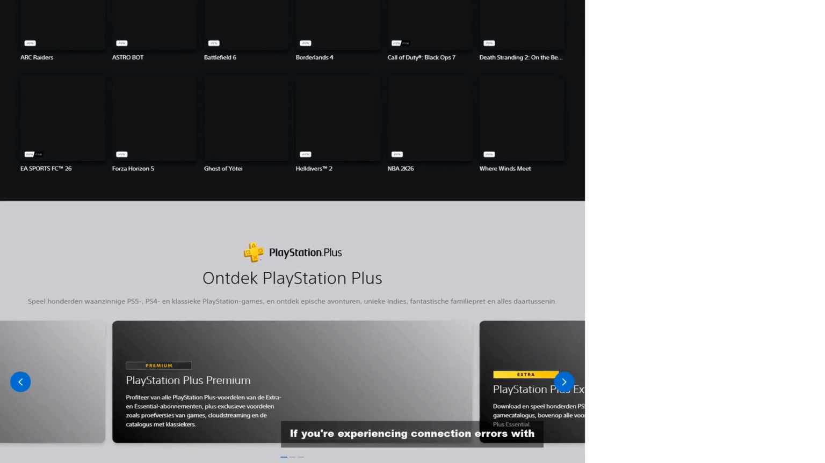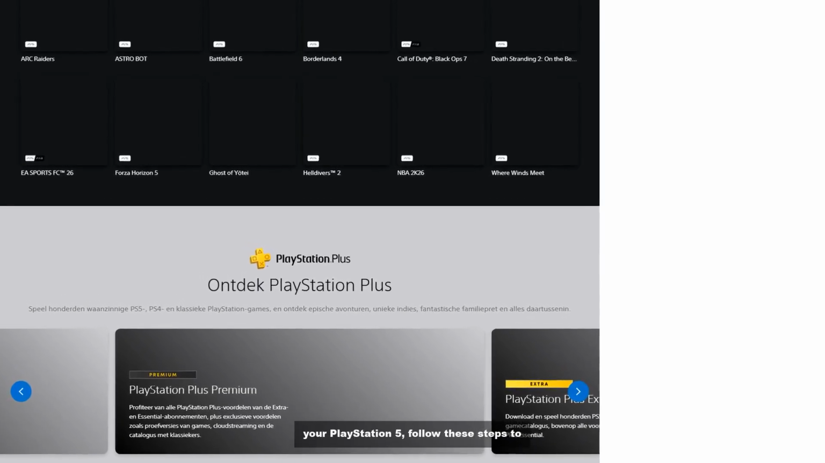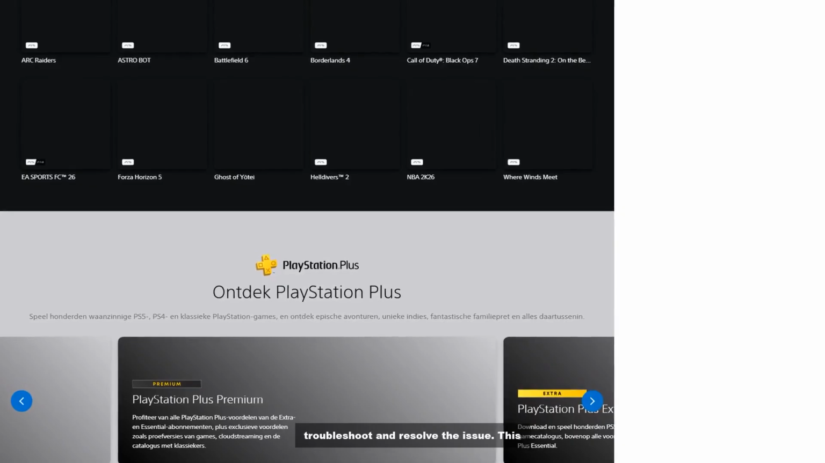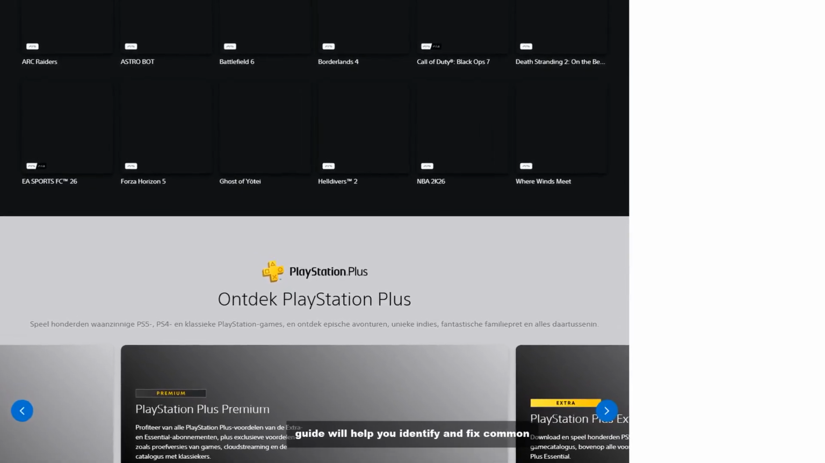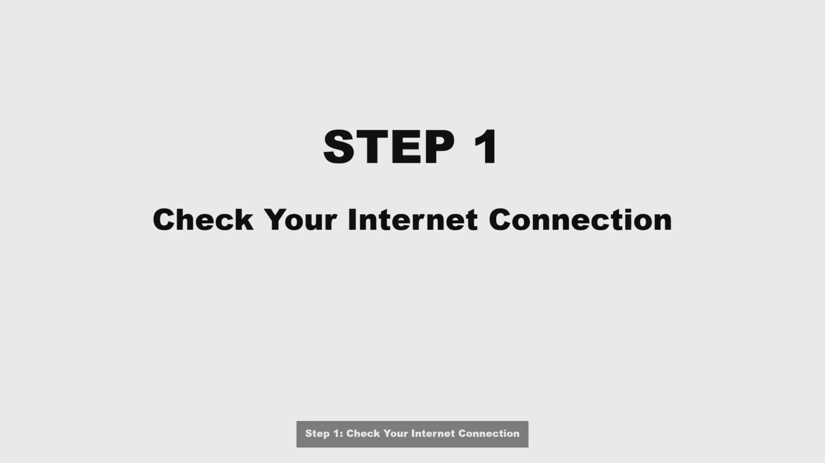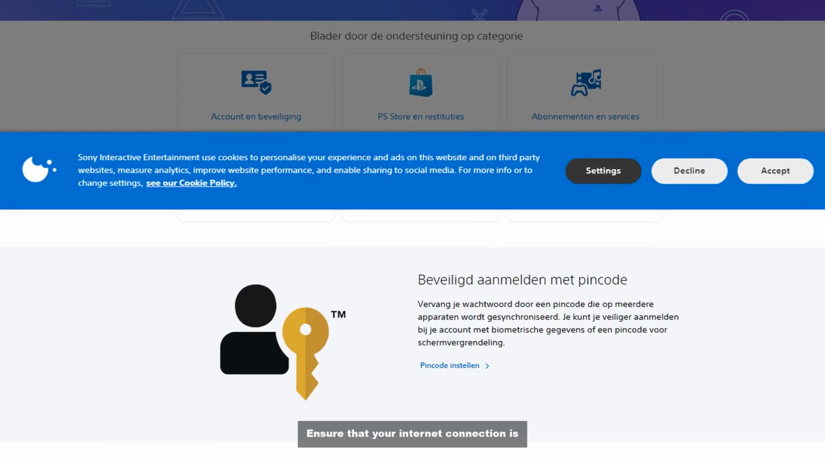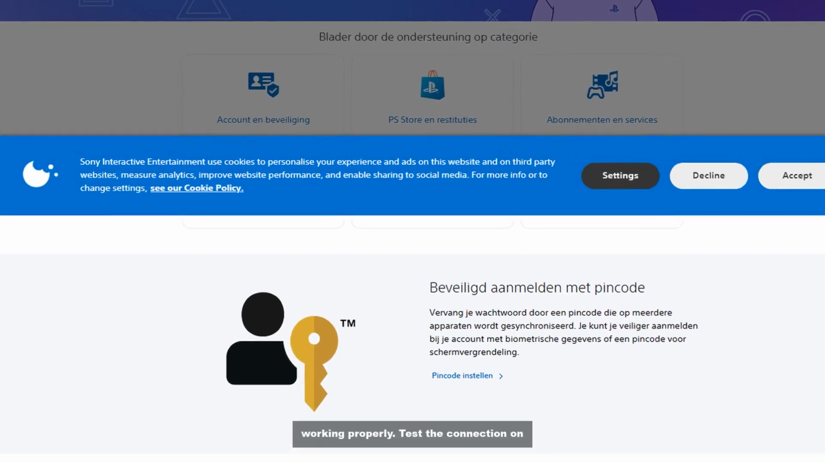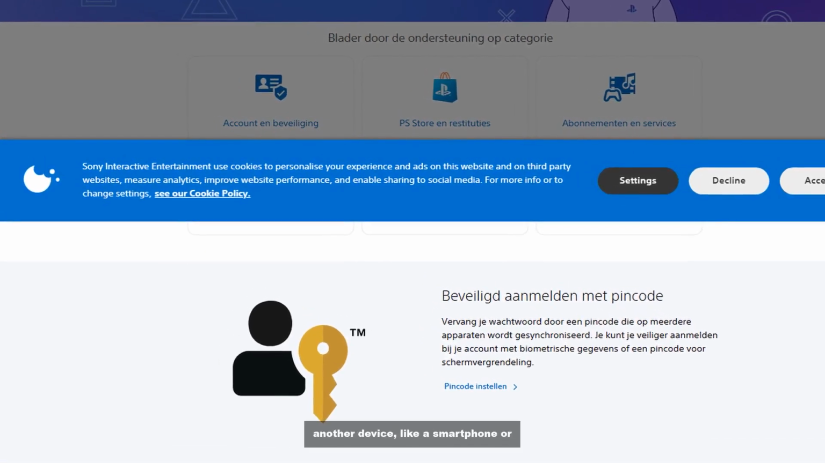If you're experiencing connection errors with your PlayStation 5, follow these steps to troubleshoot and resolve the issue. This guide will help you identify and fix common problems. Step 1. Check your internet connection. Ensure that your internet connection is working properly. Test the connection on another device, like a smartphone or computer, to confirm that the issue is not with your